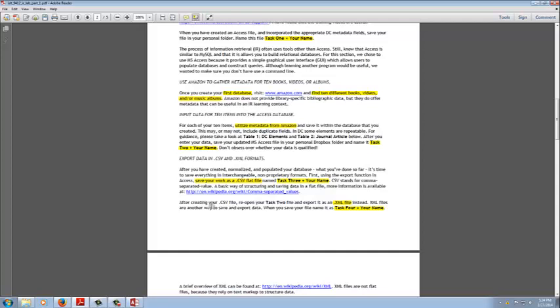It can be of any different types. It doesn't have to be library quality metadata. The point is just to play around and explore. Don't beat yourself to death about having everything look super pretty and super neat. And what you're going to do next is put the data for 10 items into your Access